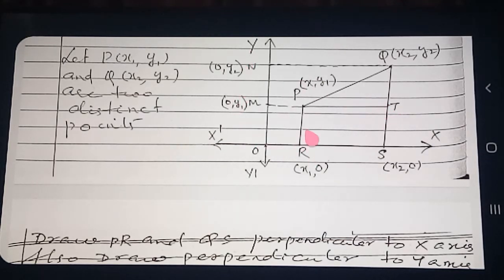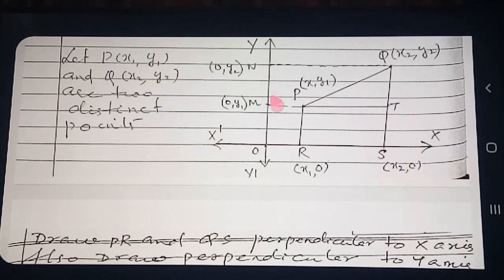This much explanation is not there in the textbook, but you want to know how MN can be written as QT. You want to know the reason, no. That is why I explained. Okay. Clear now? So you got the value of RS. What is the value of RS? x2 minus x1. That is the same as PT.